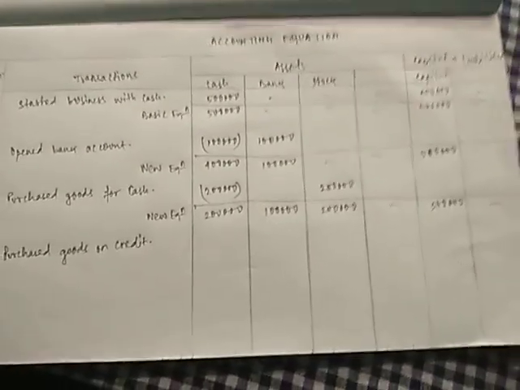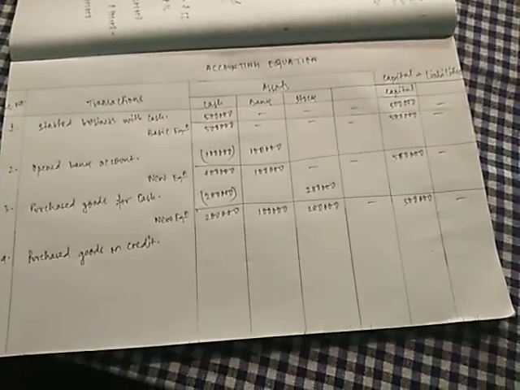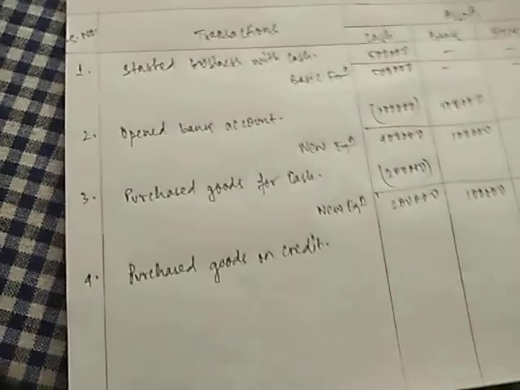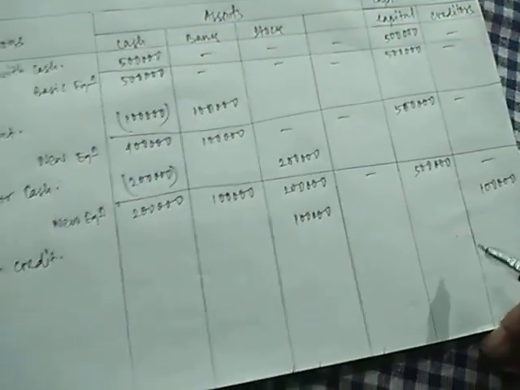So here comes liability. We have purchased goods from our supplier, that we call creditor. As I have told you, what is a creditor? Creditors are the persons who have sold goods on credit to us, and we need to make them payment in future. So purchase goods on credit will go to the creditors. In place of liabilities we'll write creditors. And we have purchased goods on credit, so we got stock. So we'll write in the stock column 1 lakh, and also in the creditors column 1 lakh.